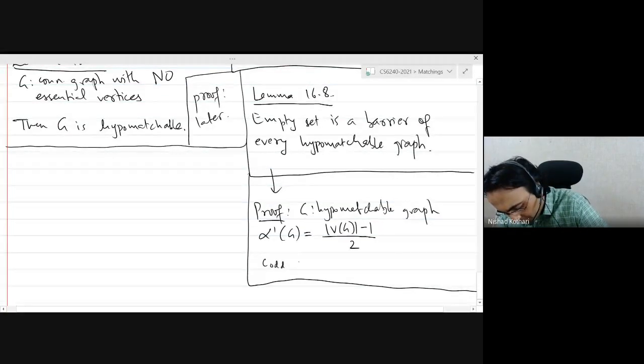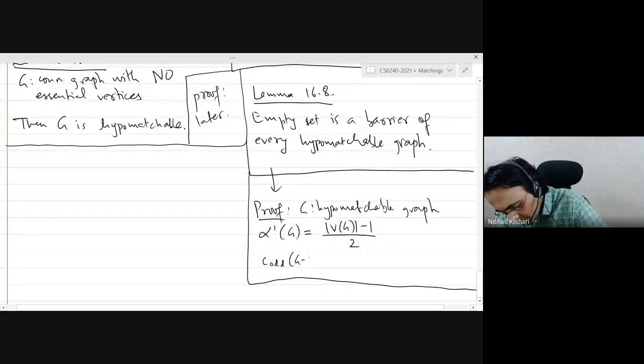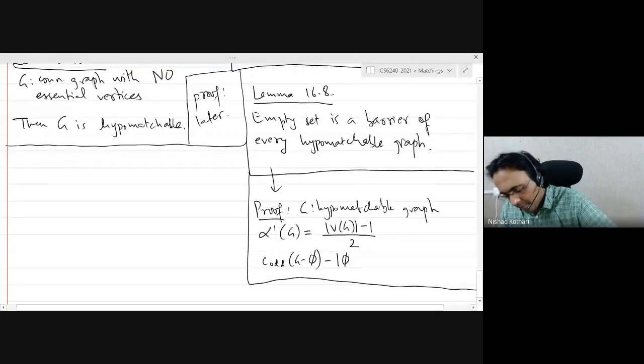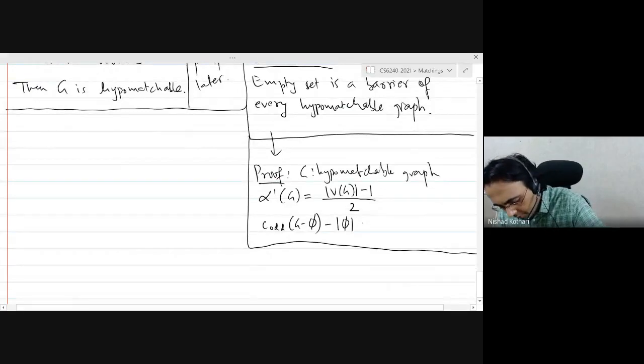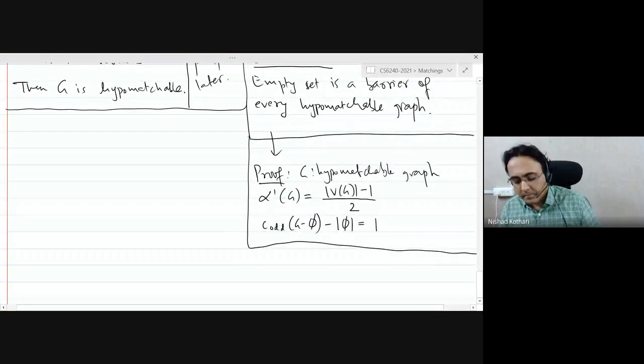The number of odd components is exactly 1, right?